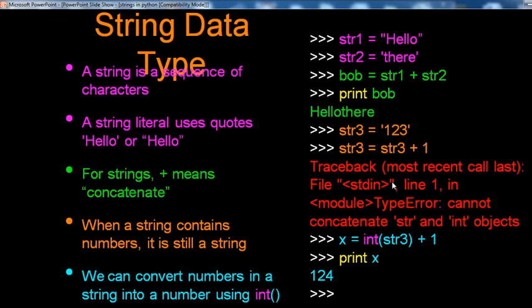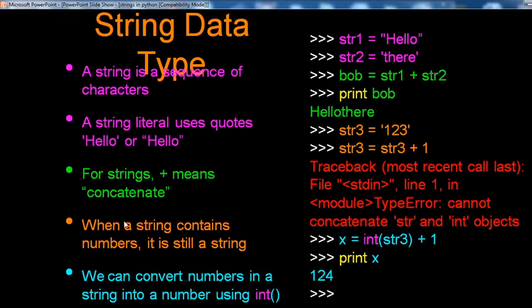First, let's see the definition of string. What actually is a string? A string is a data type. A string is a sequence of characters. That means a collection of a number of characters is called a string. A string is letters written in quotes, 'hello' or "hello". That means the first hello uses single quotes and the second hello uses double quotes.